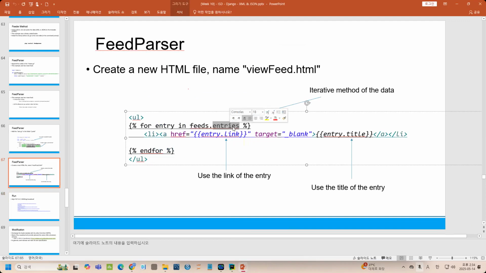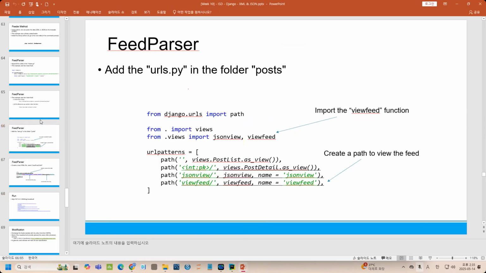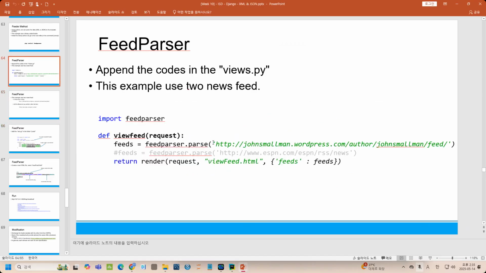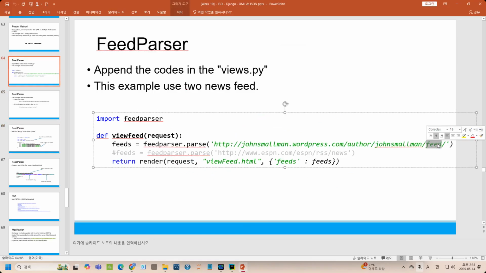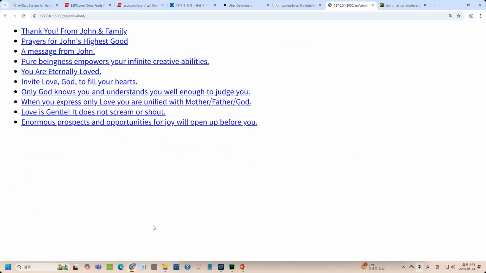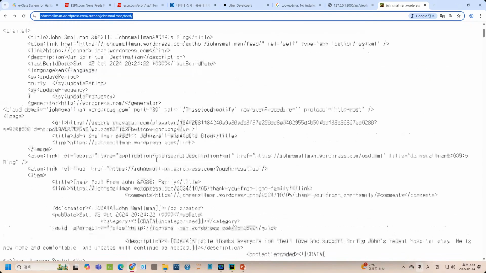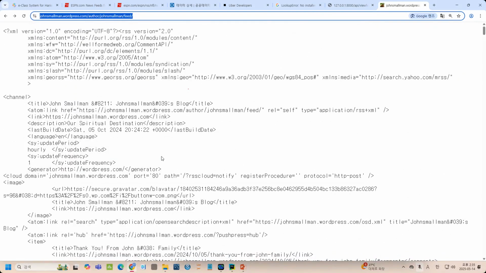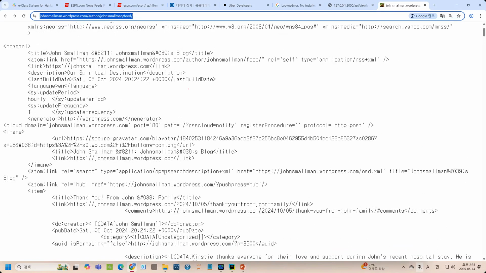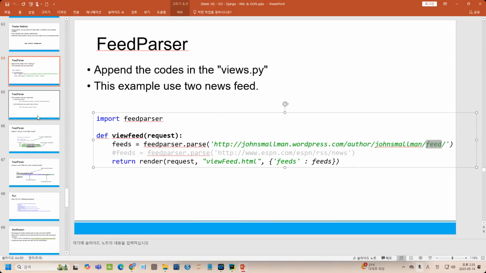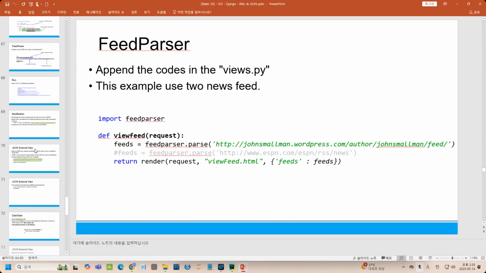This is a dictionary. The dictionary is from the parse. So let's look at this feed. So from this feed, we collect all this data, and we are making a dictionary from this feed. And the first thing that we want to use is, from this feed, we want to show the